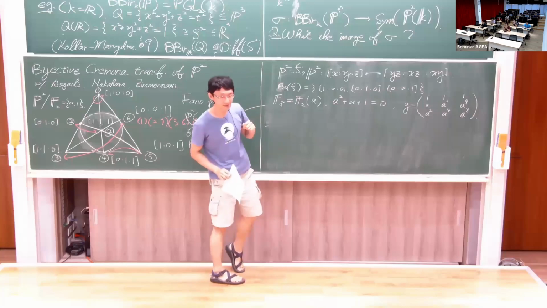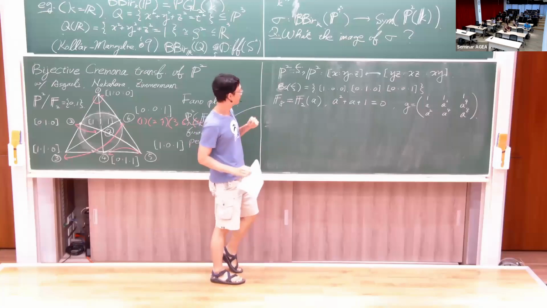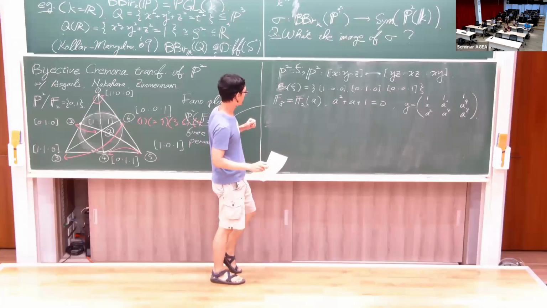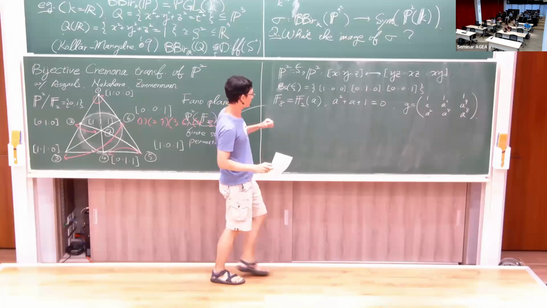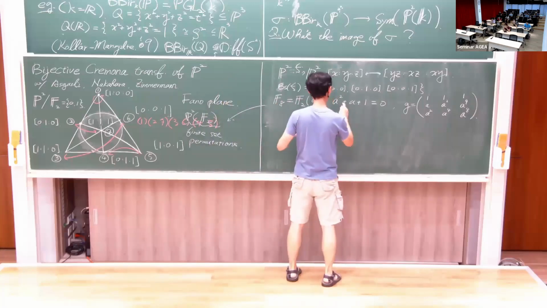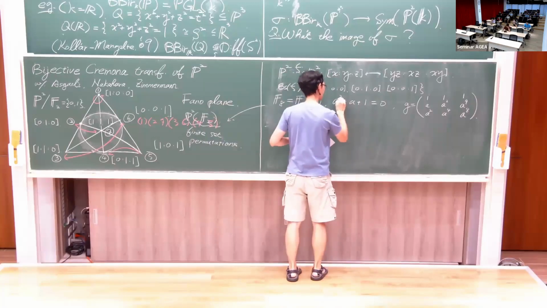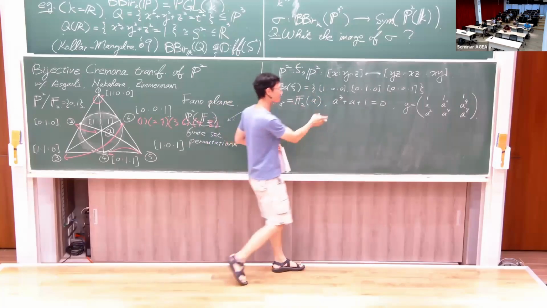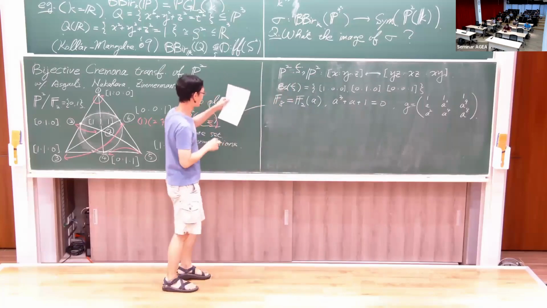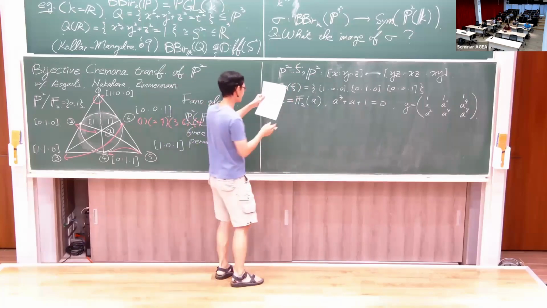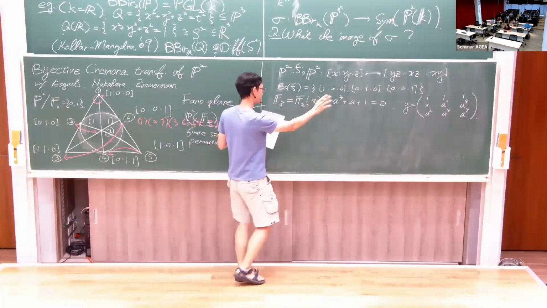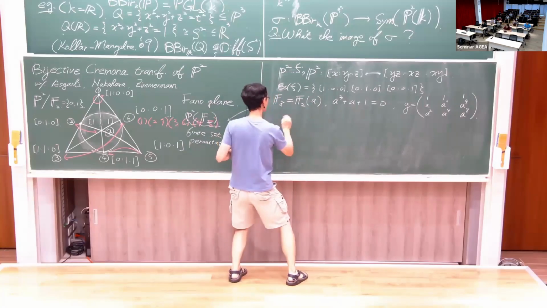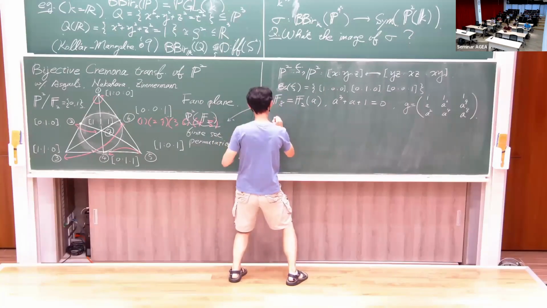Sorry, I think I have a typo in my note, so I also have a typo here, but it should be something like this, at least something of degree 3. Yes, thank you. So if you compose this map with F,